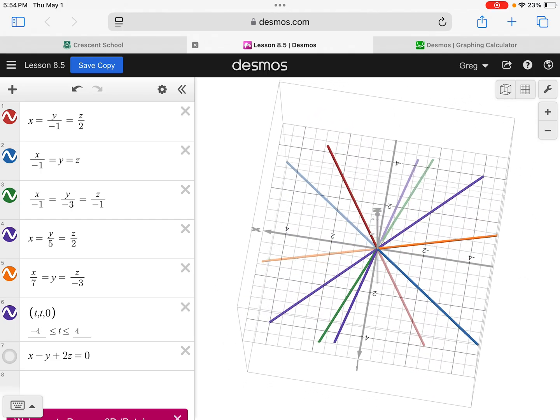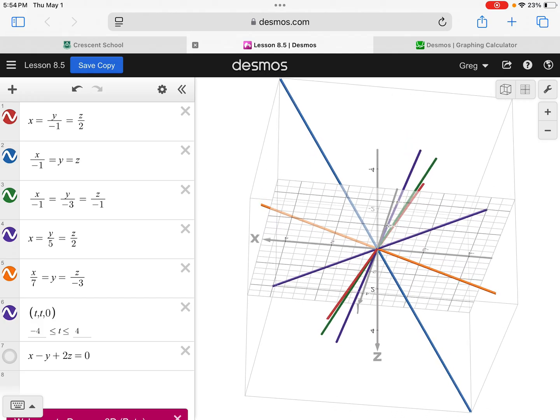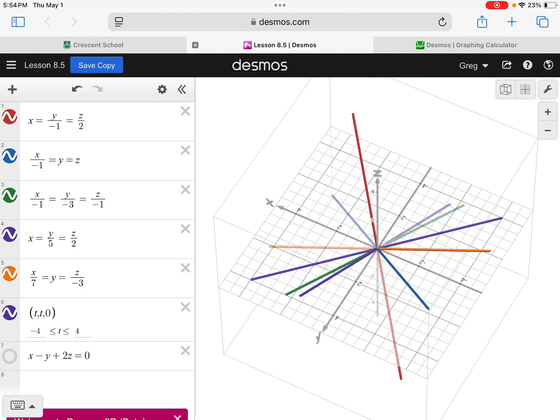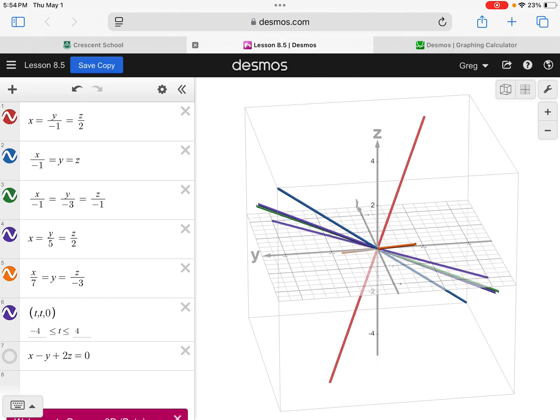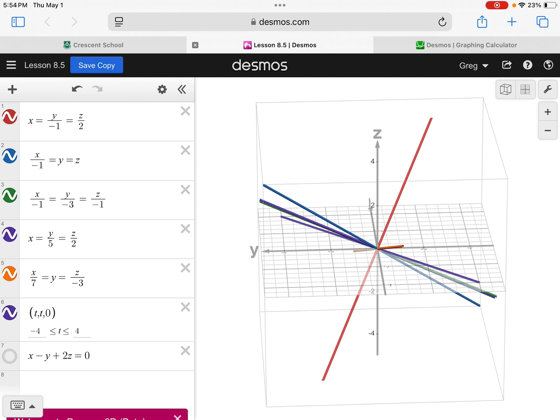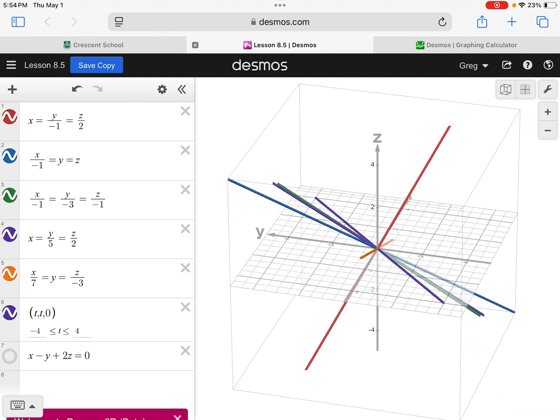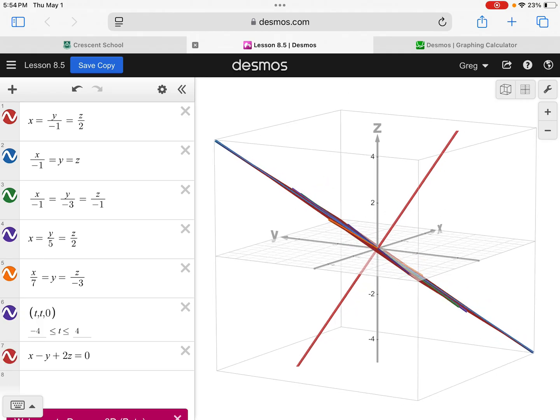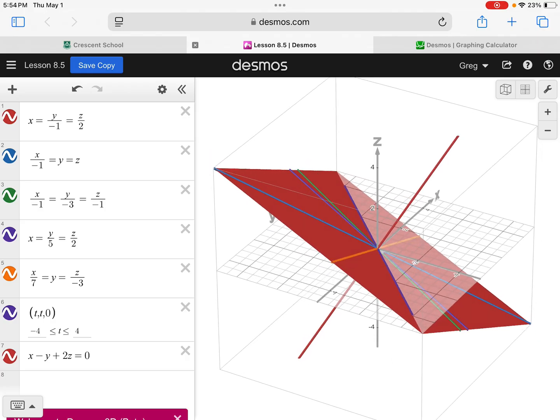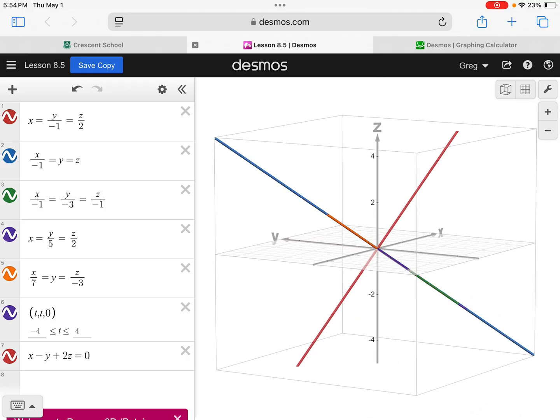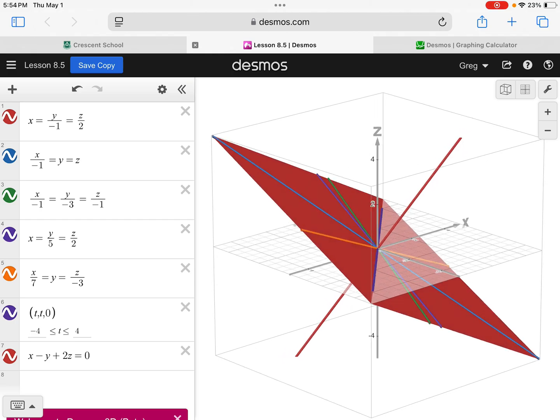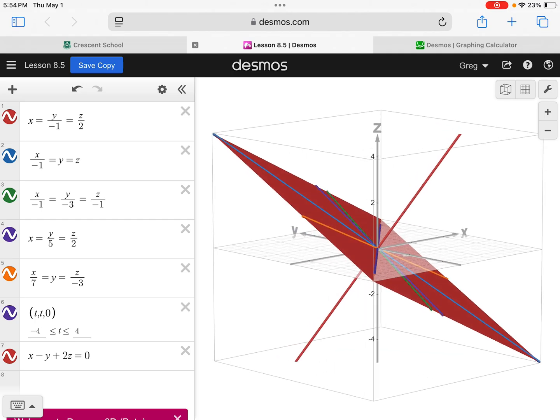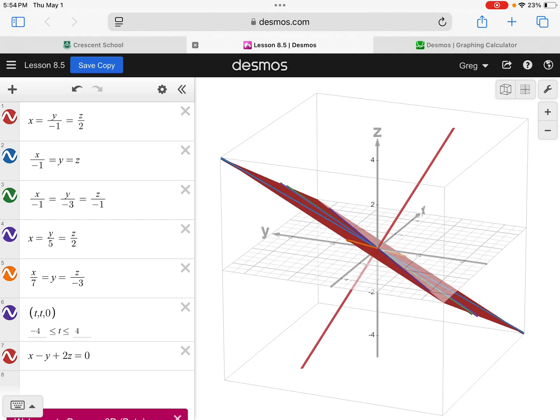How many lines go through the origin and are perpendicular to that red line? Well, there's an infinite number, because there are an infinite number of directions that are perpendicular to that red line. There's a whole circle of directions that are perpendicular to that red line. And if I took all those directions, I would get a plane. That red surface is a plane that is perpendicular to that red line. And you can see all those lines lie in the plane. And there are an infinite number of other lines that go through the origin and are perpendicular to that red